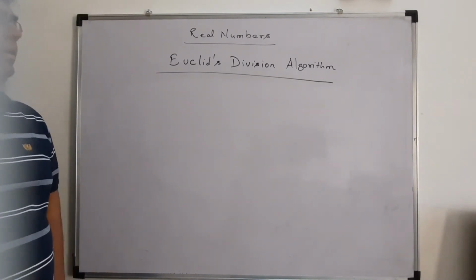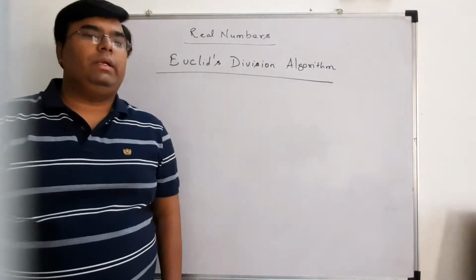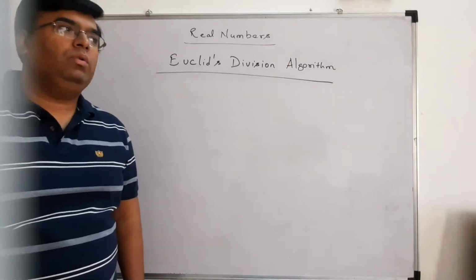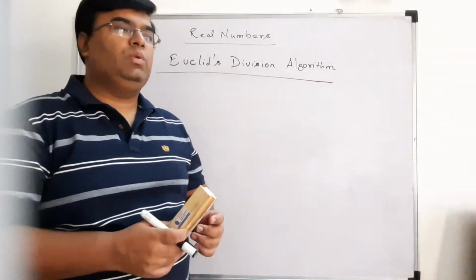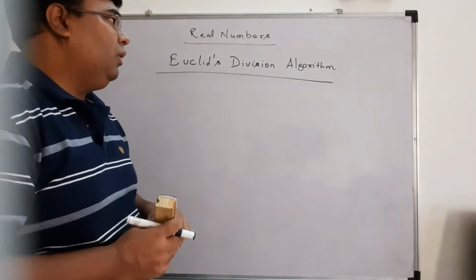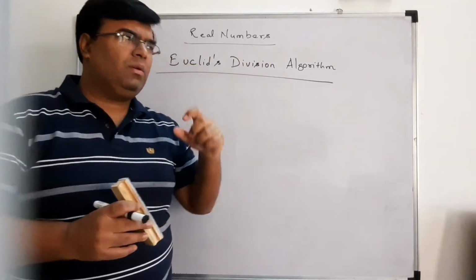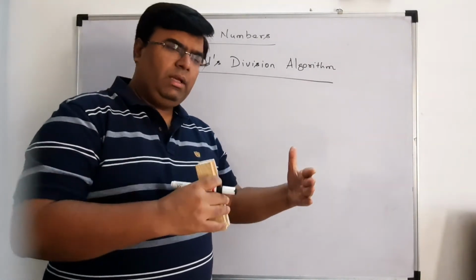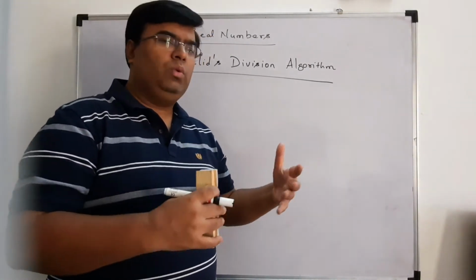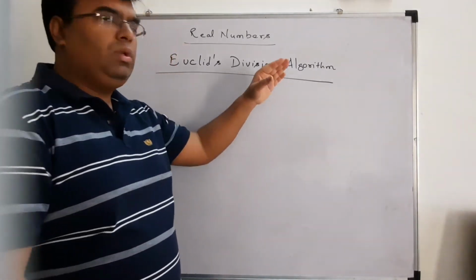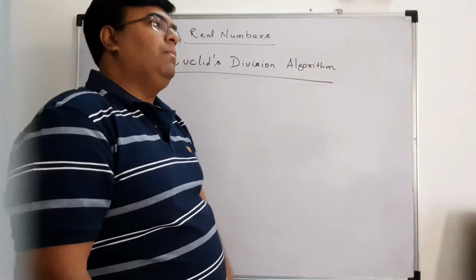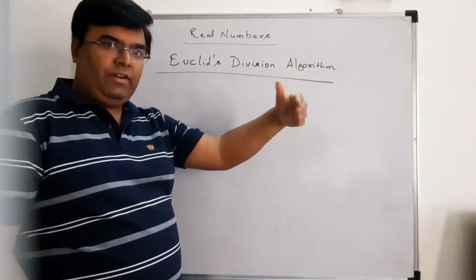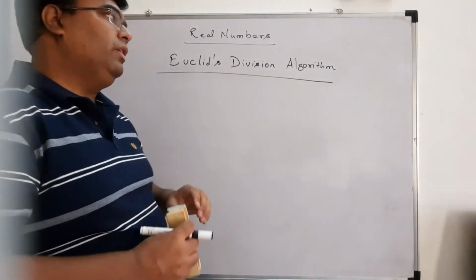Hello students, in this video we will learn about Euclid's division algorithm. In my earlier video I have shown you how to prove any questions using Euclid's lemma. Now algorithm is basically what? Algorithm is steps, right? So you can prove something or you can find something in 2 or more than 2 steps, then those steps are basically what? Algorithm. Now we will use the lemma in different steps, that's why it is known as algorithm.